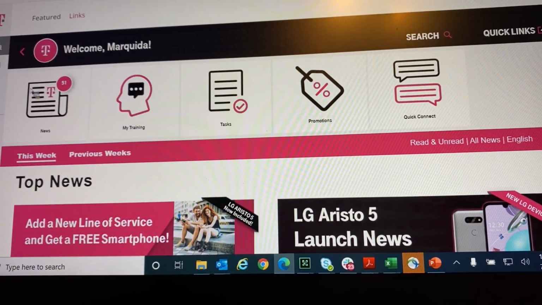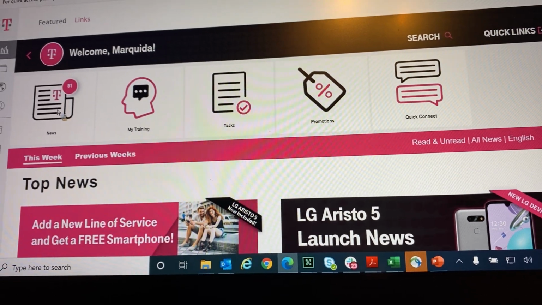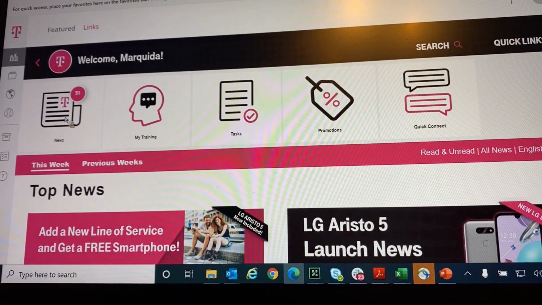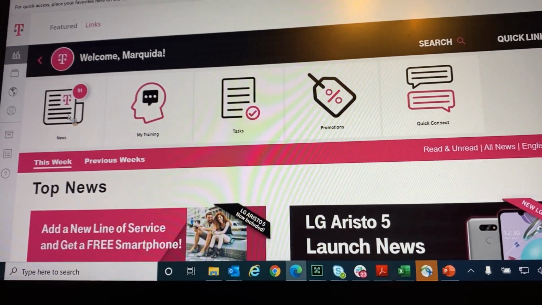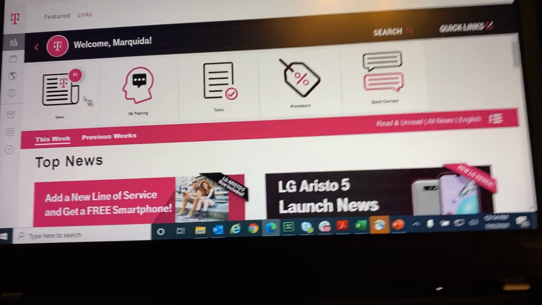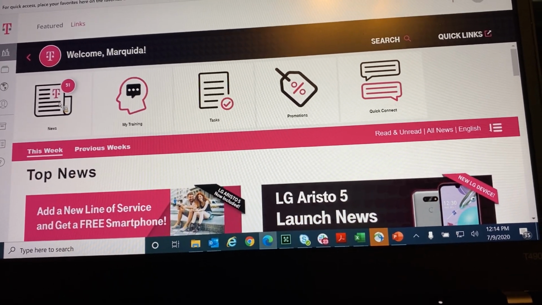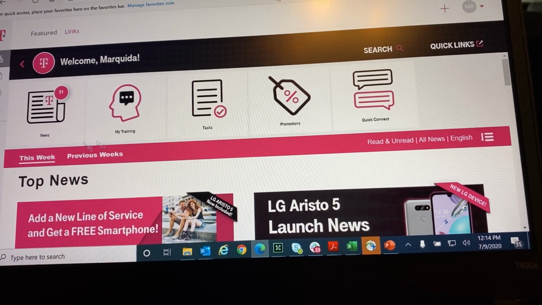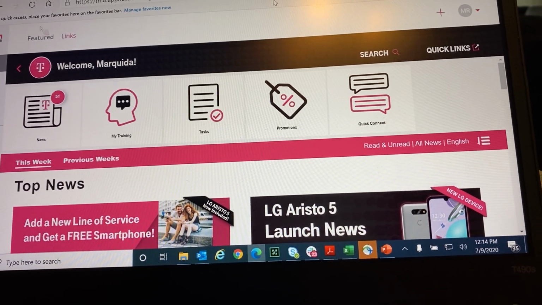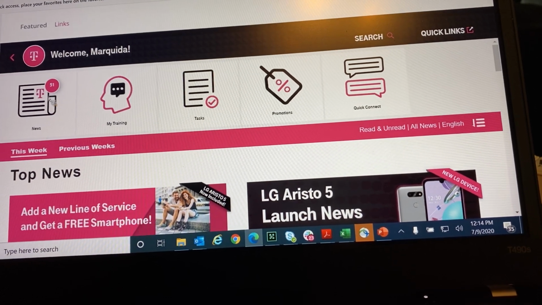So the first thing here is the news, right? This is the same news that we were just talking about, the next tab over. This is the same exact thing, except it's built into our customer ready. So if you click on here, you'll see all the different promotions, any updates, any news that has recently been